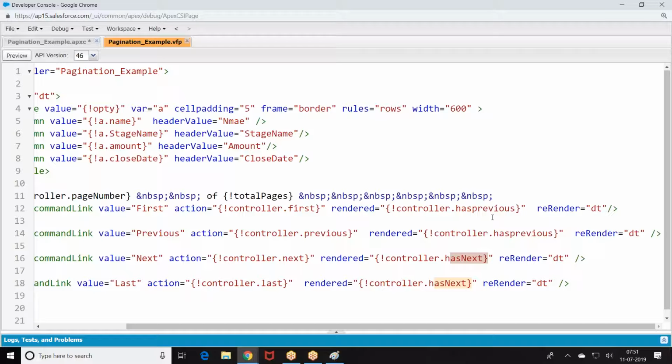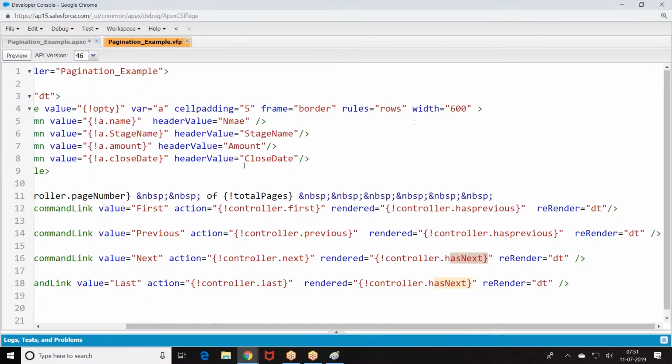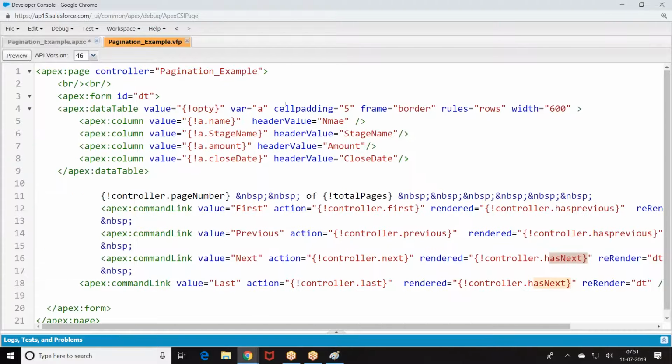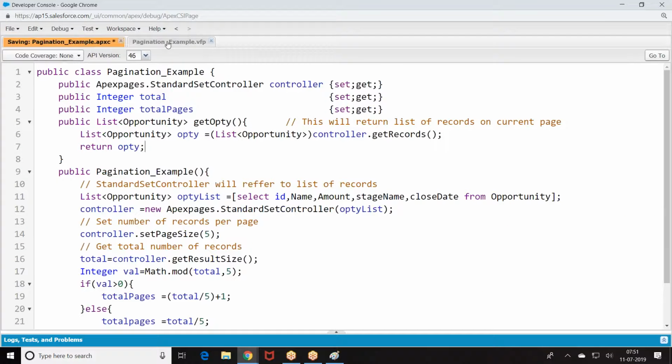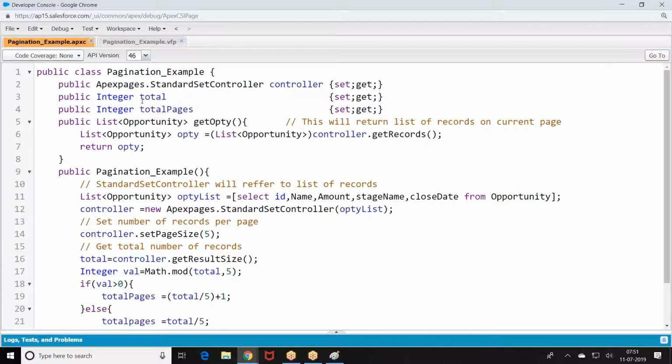Sir, in the Apex class, line number 6. Can you please open the Apex class? Line number 6, we are not using these records. How are we getting the records here? There's a reason I explained. When somebody calls the property, what is the functionality that will be called? The getter will be called. The first example I gave, right? When I say the property name, you are going to call the getter. Whenever you call the getter, these records are given. Which records are given? The current page records only. How are you getting the current page records? Based on this functionality only.